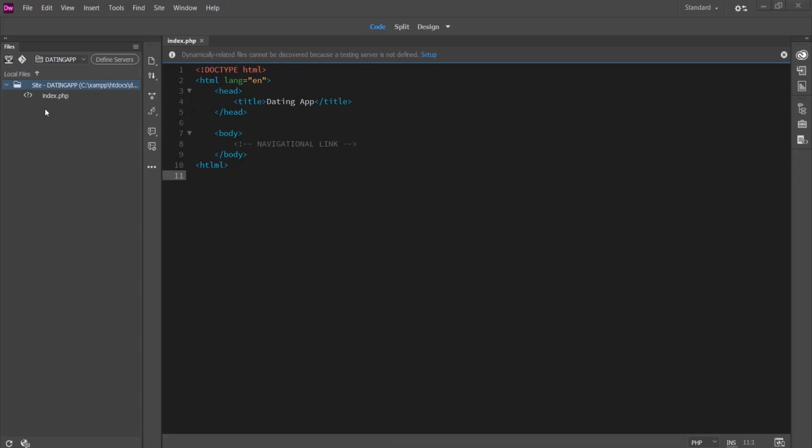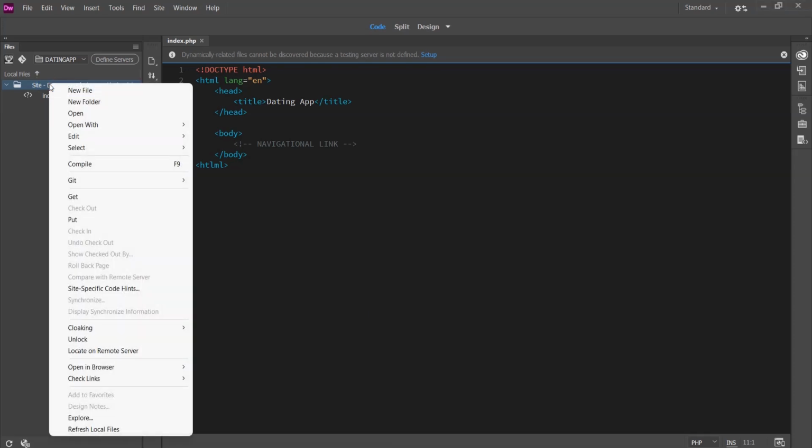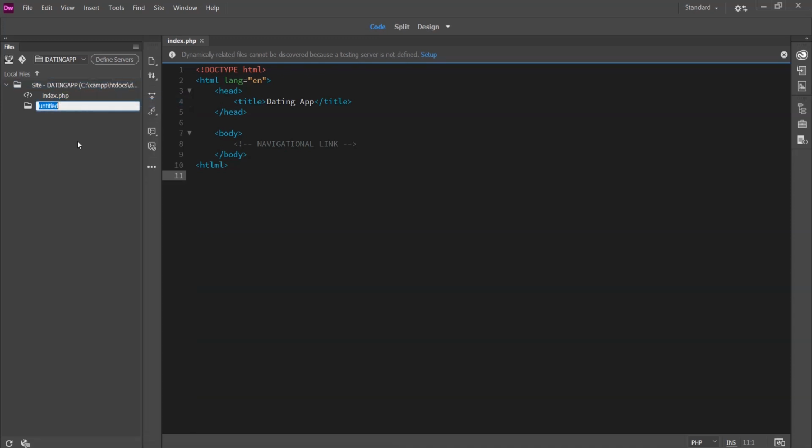Now we are going to create a few folders in our dating app folder. So you right click on that and go to new folder, and let's say CSS, and let's create another one. Right click, new folder, JavaScript or JS, then let's right click on it again, new folder, let's say